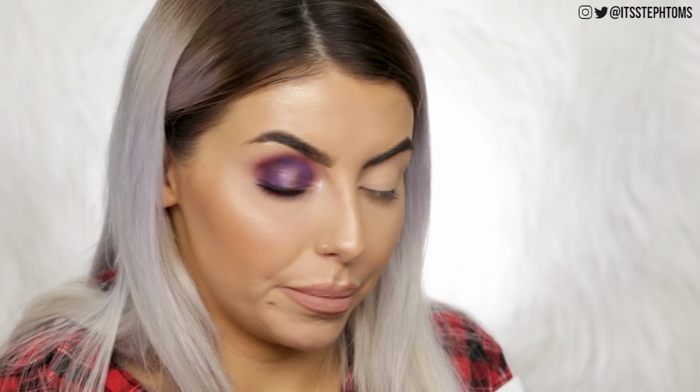But I would like the shimmers to be a little bit more intense, you know? Like especially that purple. It took me a lot to build up that purple as it is. But I will play with it. I'll play with all these palettes, guys. You got to remember they are first impressions. And I'm never going to be able to give you a full 110% honest, thorough review because it's just my first time trying them. So far, mattes, yes. Shimmers...